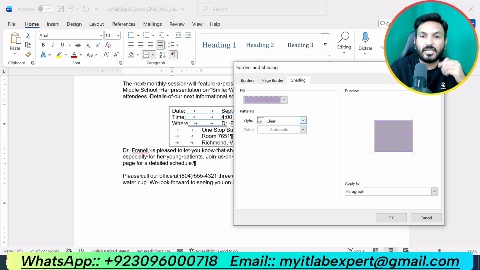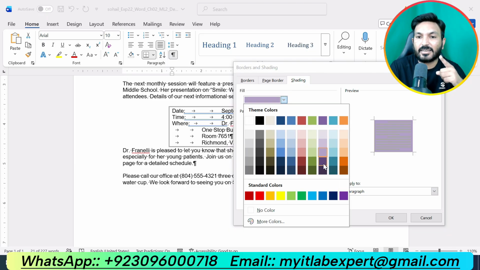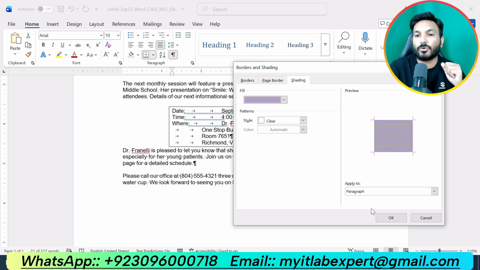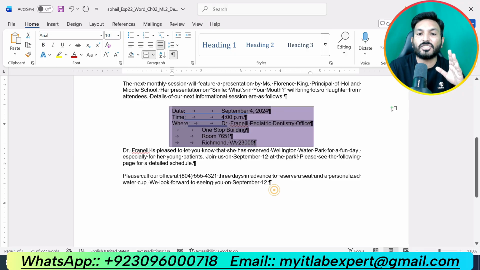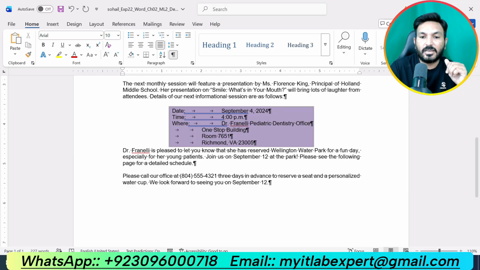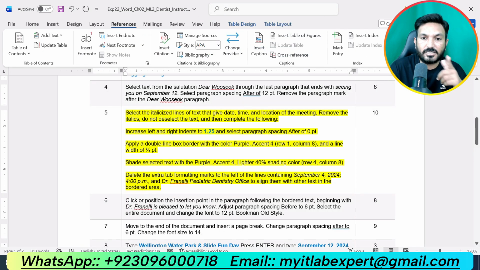Select this shading color and click OK. So we have applied the shading to this box border. So that is what is needed in this step.